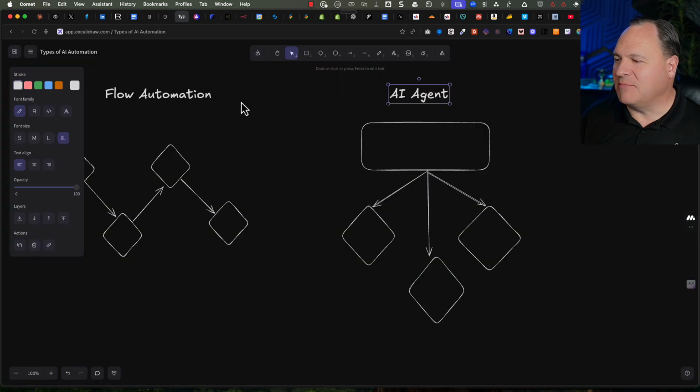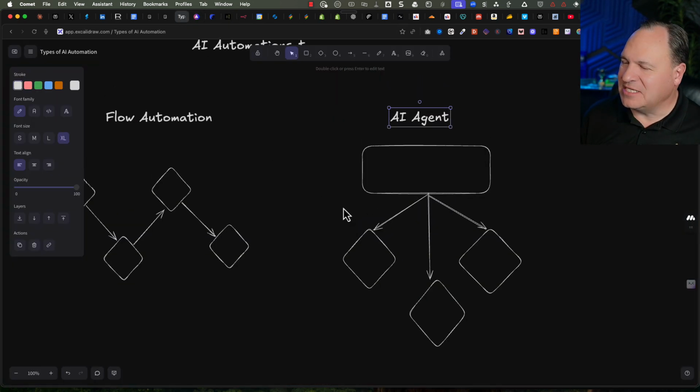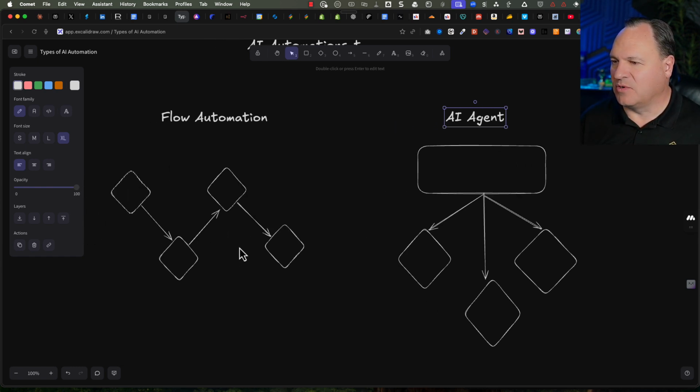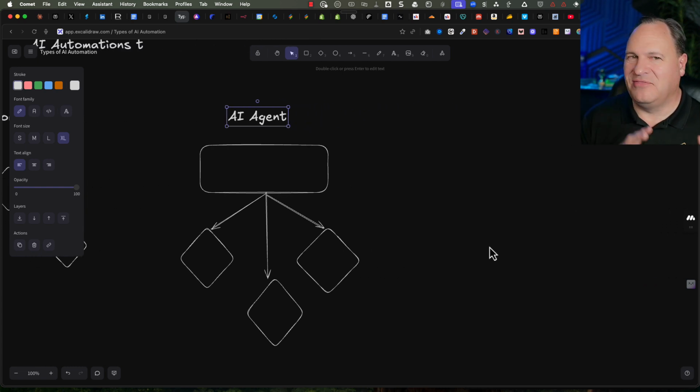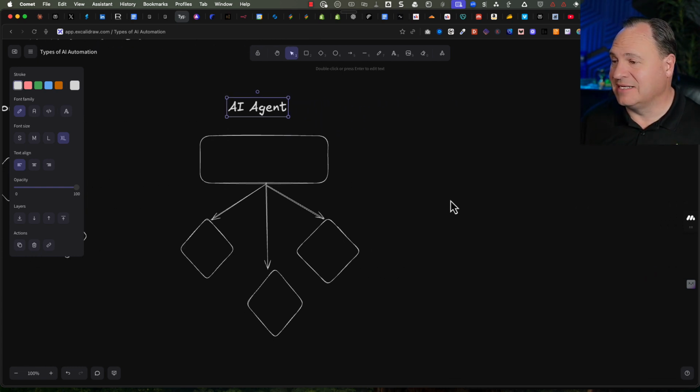Okay. So let's go back to the board and show you one more thing. Because I told you that when you're trying to create a task or create output, flow automations actually probably work the best. When you're looking for information, AI agents probably work the best. But you can actually combine them. And this is relatively new technology. I mean, it's been around for a year or so, but to be honest with you, it didn't work very well. And because of that, a lot of people said, oh, agents can actually do work for your business. But let me show you kind of how this works because really it's a little bit different.